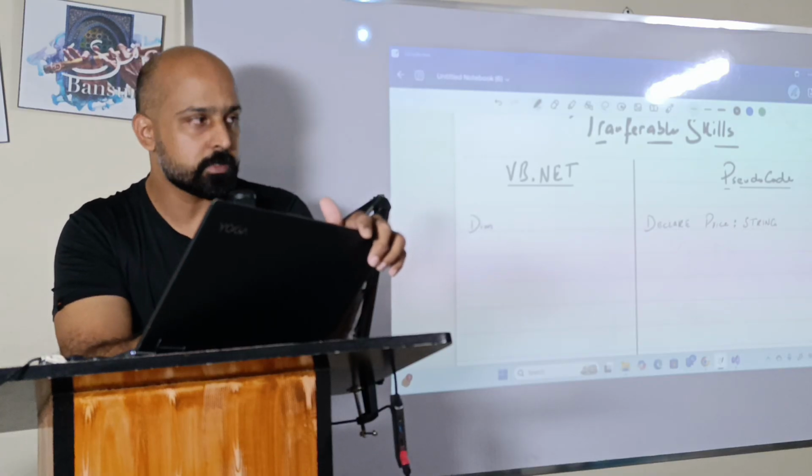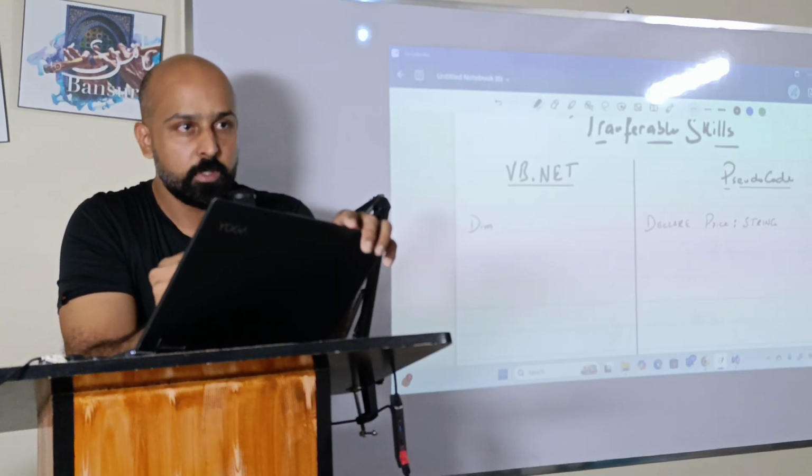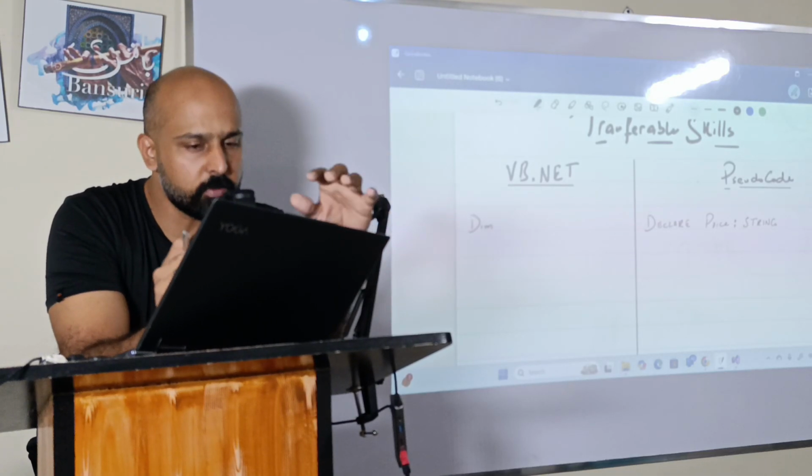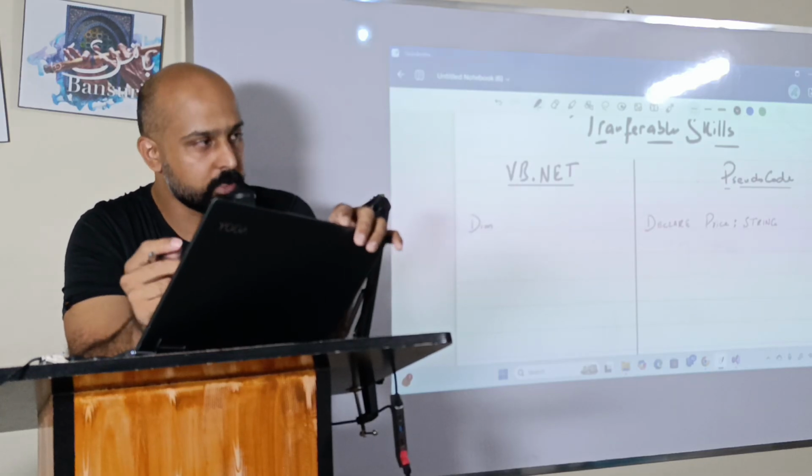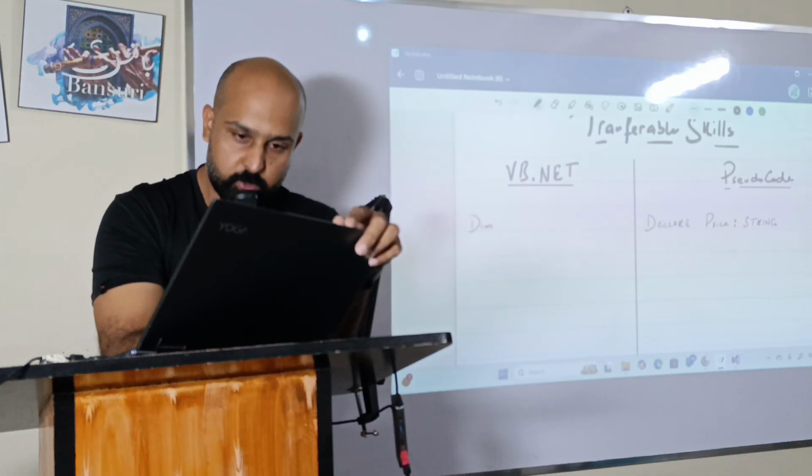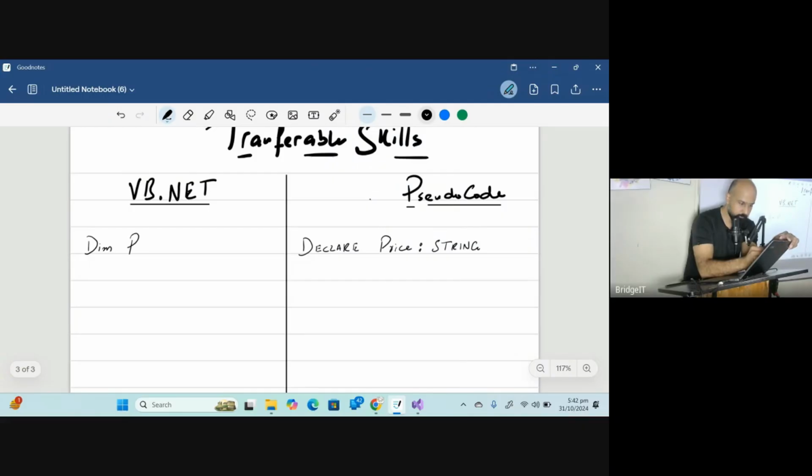You might not be understanding this declaration thing, but it's okay. We will be doing it one step at a time. Just right now, make this chart with us because we will be using it for the rest of the classes. So Dim price As the data type. VB.NET is not case sensitive. If you use an assignment operator in pseudocode, you will use the equals sign in VB.NET. This is the second thing.